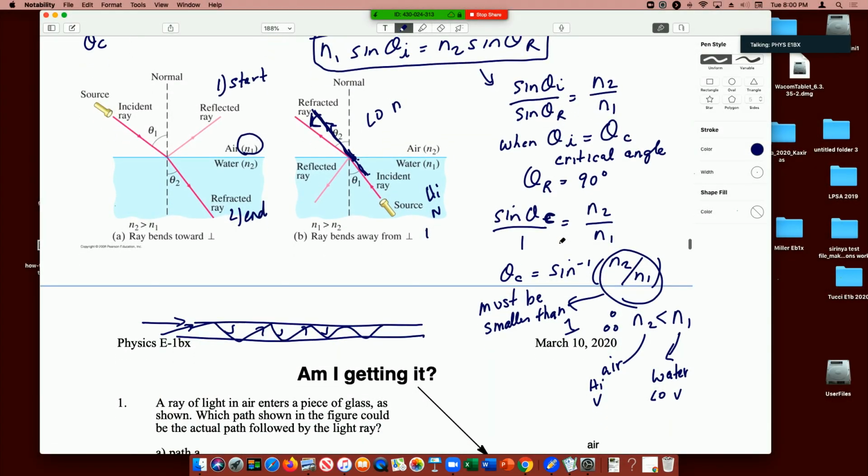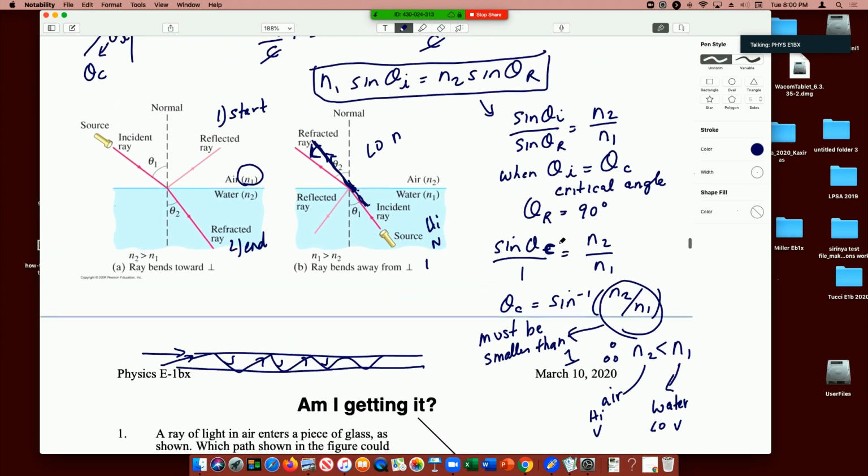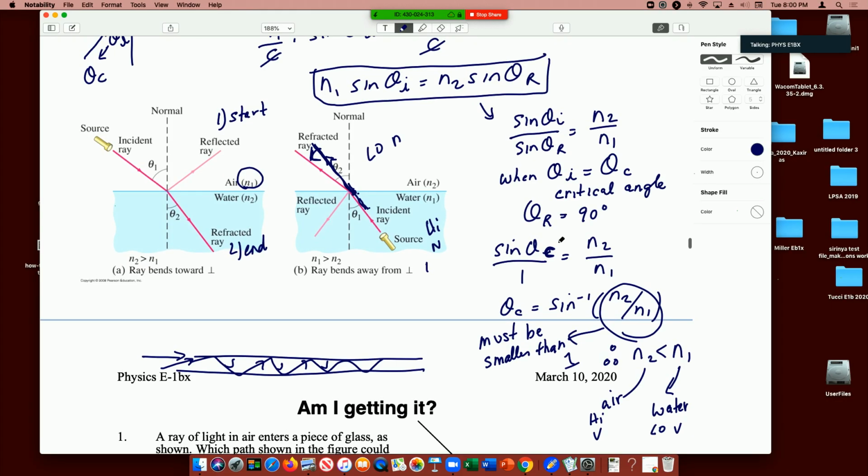Okay, so let's pick it up again. Somebody asked a really good question during the break, and I just wanted to make sure that this is totally clear to you. N1 and N2: N1 is the medium that you start in, and N2 is where you end up, right? So like this picture,